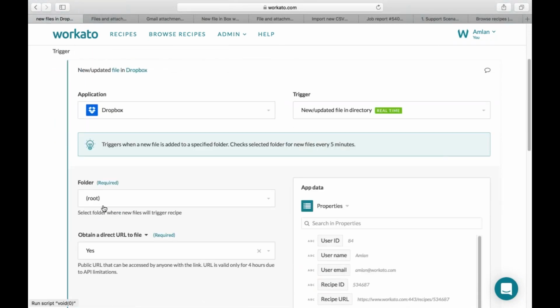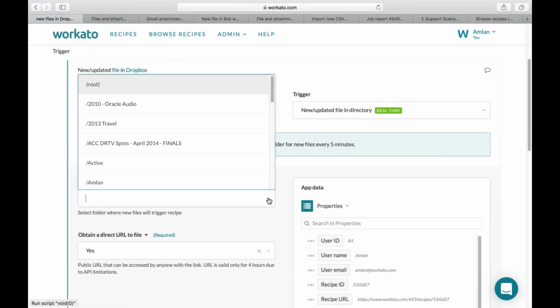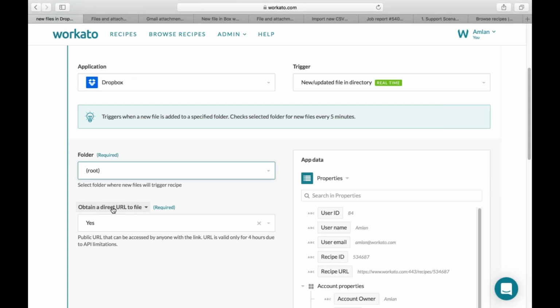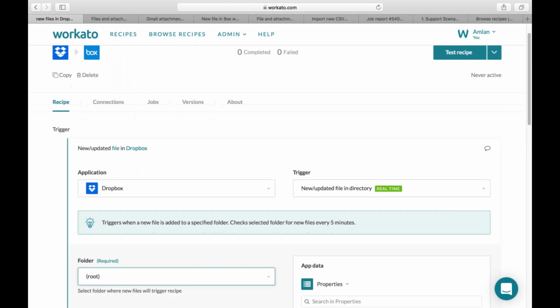And we are looking at a root folder, of course, you can choose other folders if you want to. And we are saying, give me a temporary link. So this is a functionality that Dropbox offers. They can give you a temporary URL that is only valid for 4 hours. So we are saying, give me one, and then